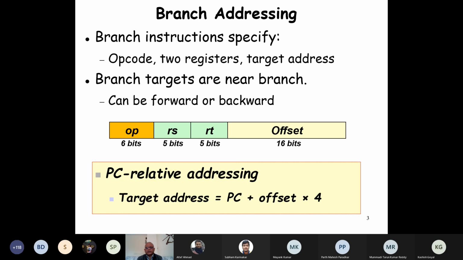Now let's recap a little bit about the branch addressing we had discussed last time, just to refresh. In the branch addressing, we have a 6-bit opcode, a source register, and then this offset. This offset can represent a forward direction or a backward direction. We can jump backwards or forwards.